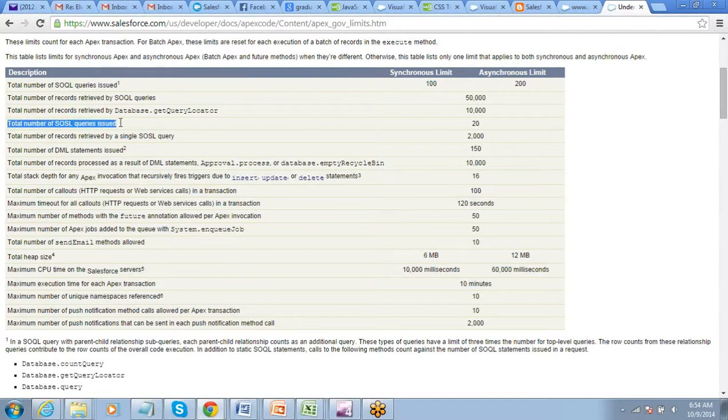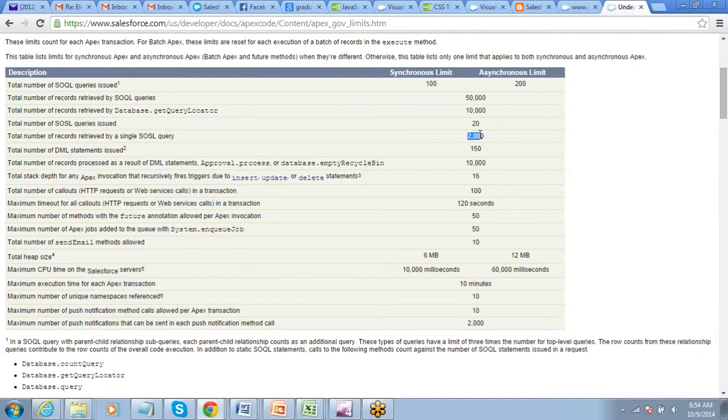Total number of SOSL queries issued, 20. SOSL has a lesser limit because, as we have seen while writing SOSL, it usually takes longer to be executed. So they have given a lesser limit for SOSL. And SOSL can return up to 2000 records.